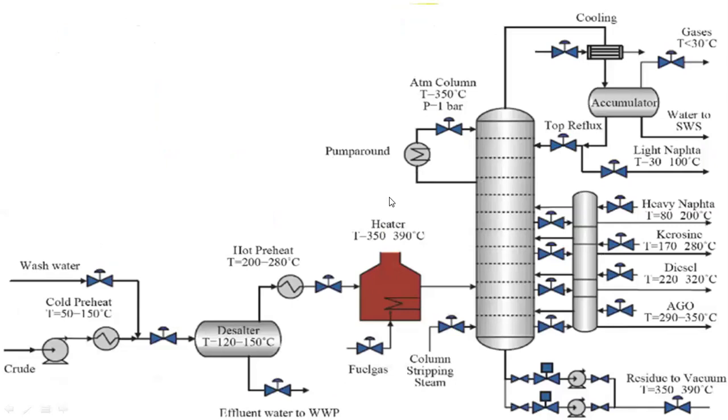So this is a typical control system, very broad. You basically have the wash water coming in here, and then crude oil coming, it is being pumped up, and you have a valve control here. Before that, it is going through a heat exchanger, then a desalter, and now it is going to the furnace where you are sending fuel gas, which is heating it up to around 390 degrees centigrade. Then the feed is inserted here.